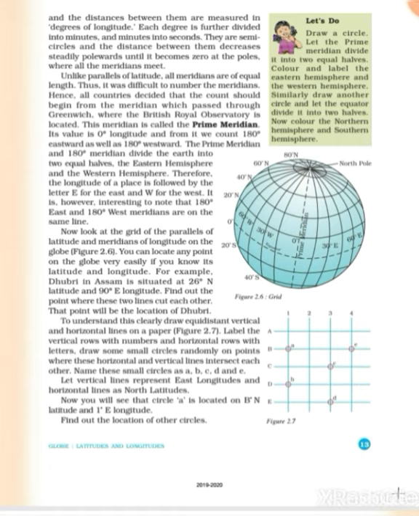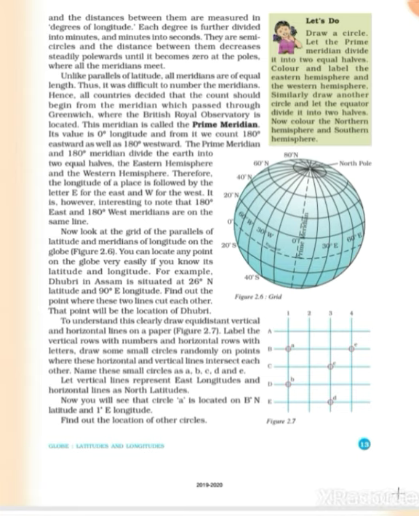The longitude of Dhubri, that is in Assam, right, and that of Memphis, that is in the USA. I am telling you two names. One is Dhubri and the next is Memphis. One is in Assam and one is in the USA. They both lie on 90-degree longitude. But Dhubri, that is in Assam, is to the east of the prime meridian, and Memphis, that is in the USA, is to the west. So the longitude of Dhubri is 90 degrees east and Memphis is 90 degrees west.